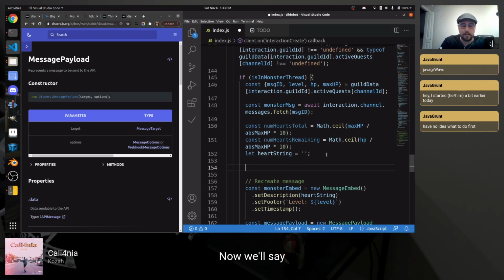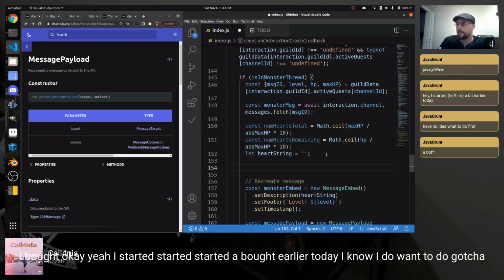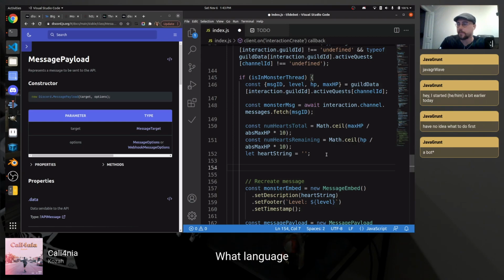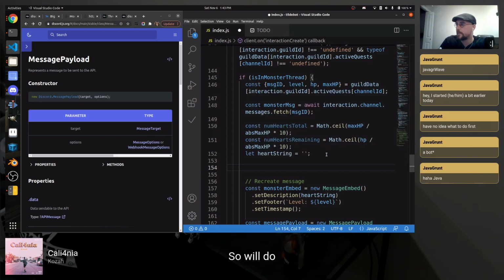Now we'll say Java Grunt has joined the party. A bot. Okay, yeah. I started a bot earlier today and no idea what to do. Gotcha. What language are you doing it in, Java Grunt? Sweet name, by the way. I like it. Java Grunt. Love it. So we'll do Java Grunt has joined the Java